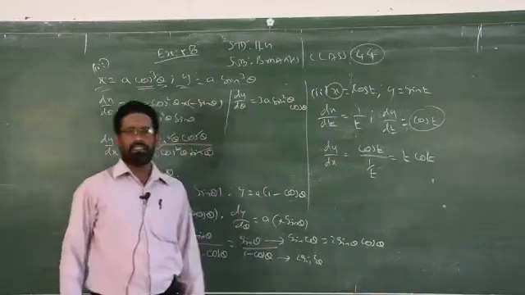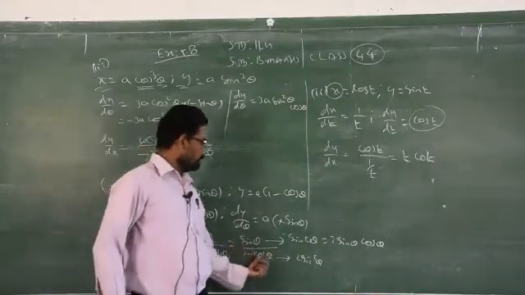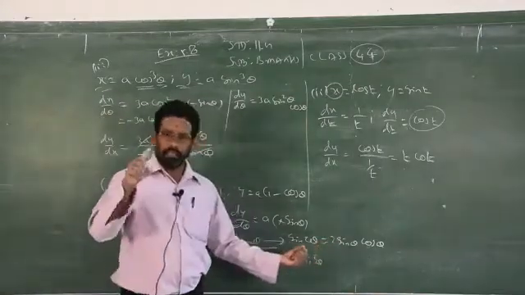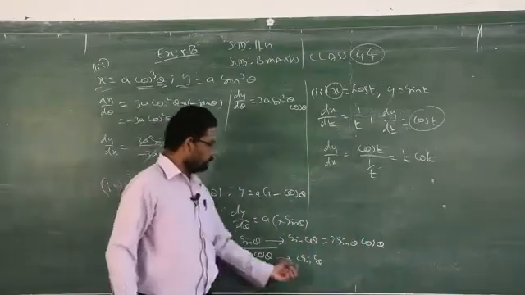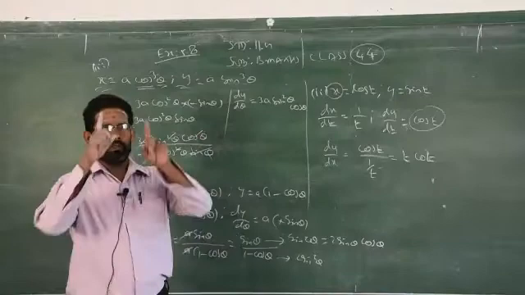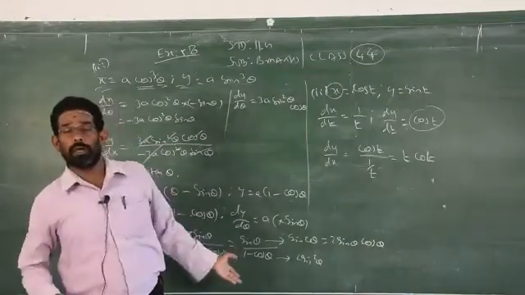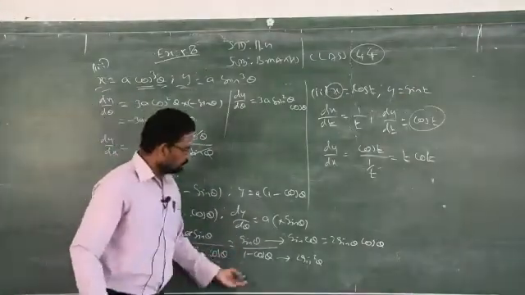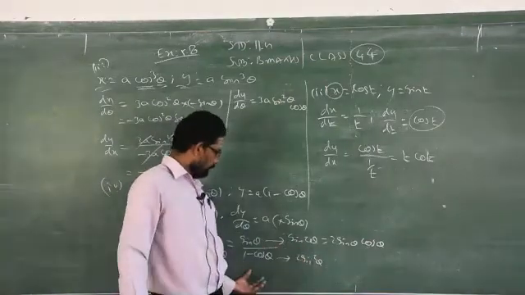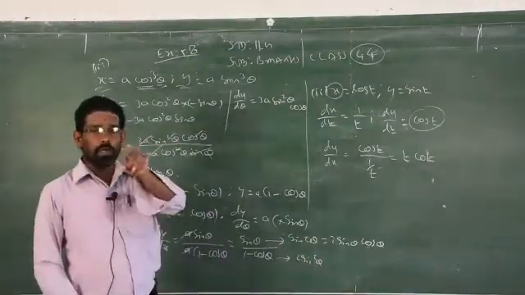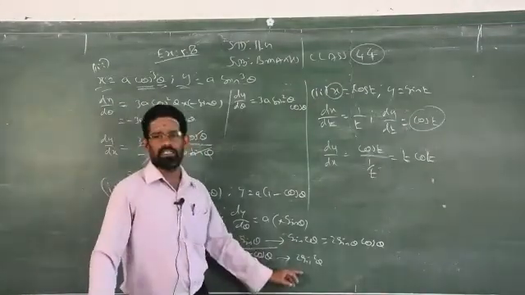Based on that concept, just you have to replace the numerator by 2 sin theta by 2 cos theta by 2. Denominator should be replaced by 2 sin square theta by 2. You just cancel, you will get the required answer. See, this is very simple. See, by giving the hints like this, I would have completed the problem. But I need you to work out the problems by using this concept.